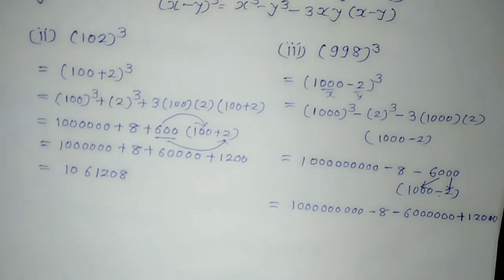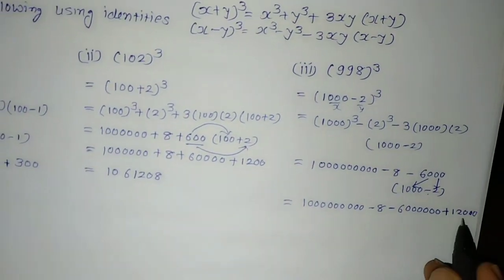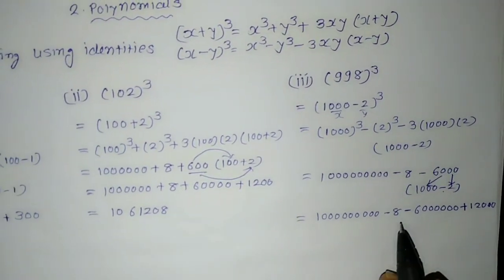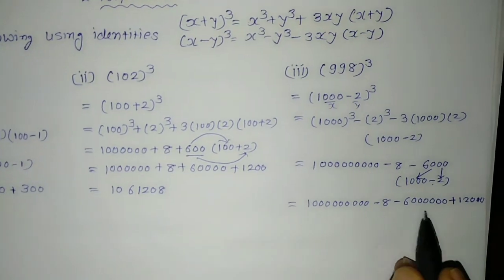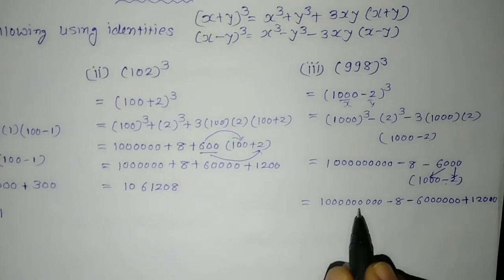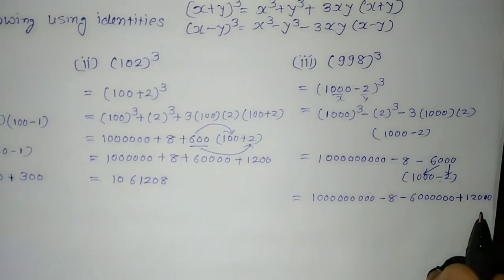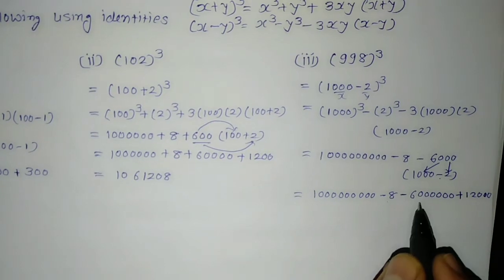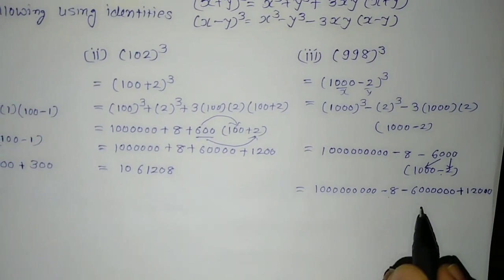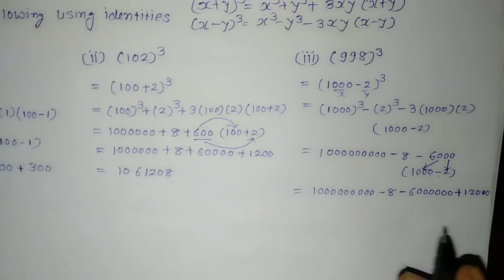So here you can see, as I have shown you earlier, that this is along with the plus sign and this is also along with the plus sign. So you have to do the addition of the plus sign terms. Similarly, you have to do the addition of the minus sign terms, and you put the minus sign. Then you take the difference between the plus sign term and the minus sign term.